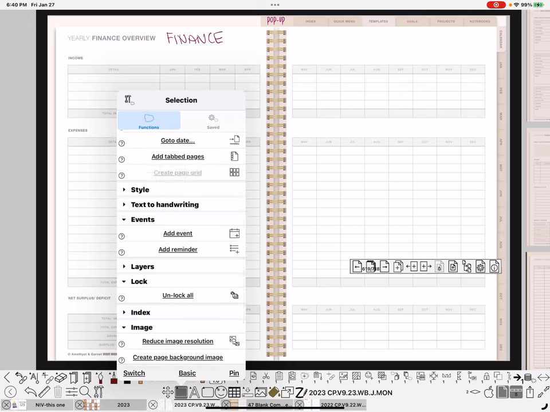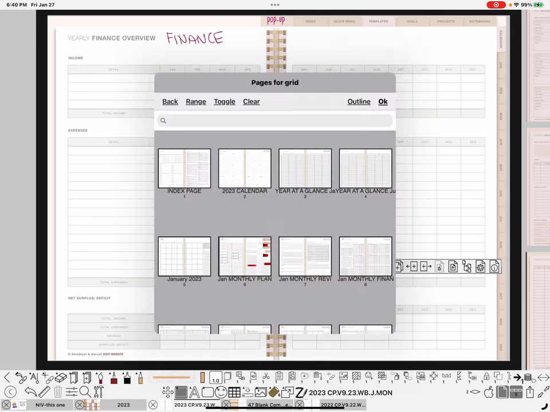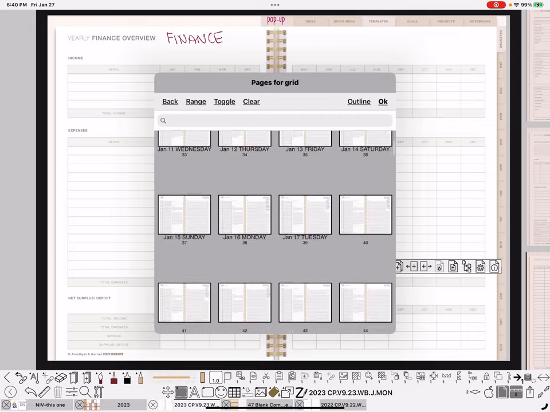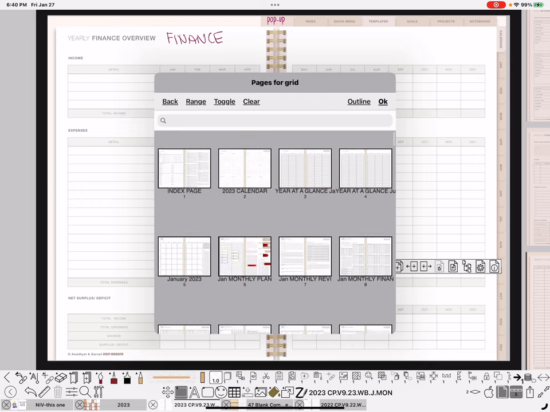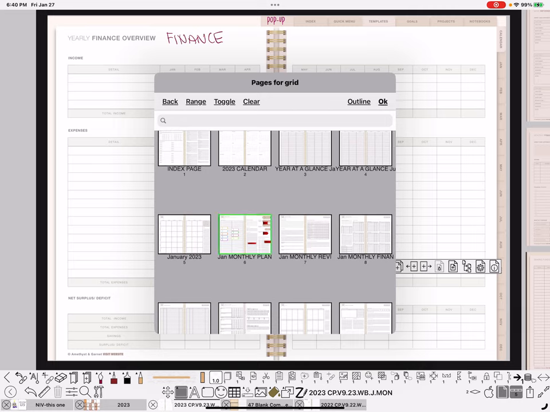All I have to do is click on that, and the first thing you want to do, just to remember, you need to hit clear, because sometimes you'll have pages selected further down that you don't see when you initially get here. So it's better to just make a habit of doing clear, unless you are doing the same page over again. You messed up and you decided to do something different. But I always hit the clear first, and then I can either scroll through and select them one at a time like this,